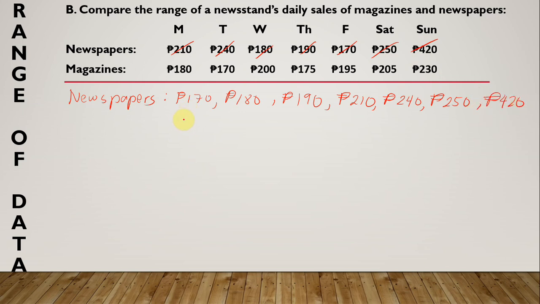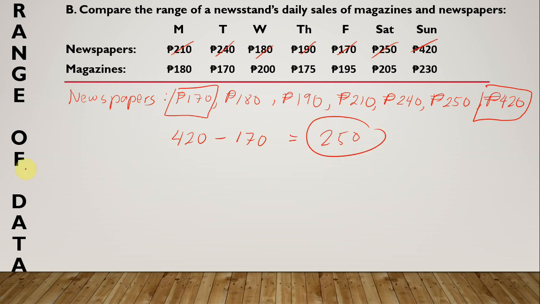Kunin po ulit natin yung highest and lowest range. Ang highest range natin ay 420. Subtract natin si 170 sa ating highest range na 420. So, we have 420 minus 170. And that is 250. Next naman, para sa ating magazine,